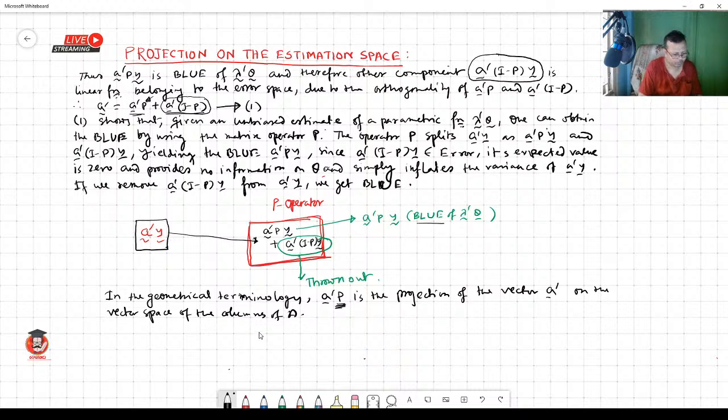So the projection of the vector A' is on the vector space of the columns of A. We know this thing, and this can be readily seen from